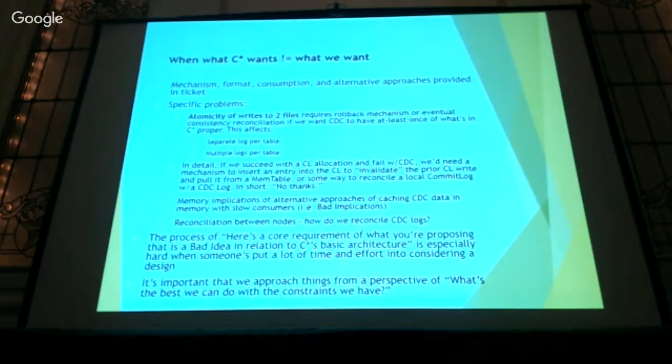And the problem that we run into is at the end of the day, something as simple as write to a commit log and write to a separate CDC log fundamentally breaks the ability to have a contract to say, yes, if it's in the commit log, CDC is going to get it. And the problem with that was kind of a pretty subtle, nasty one, where if you write to the commit log, but then the CDC allocation fails because it's on a spindle or you fill up your drive, all of a sudden we have to look at a mechanism of how do we pull the data back out of the commit log,